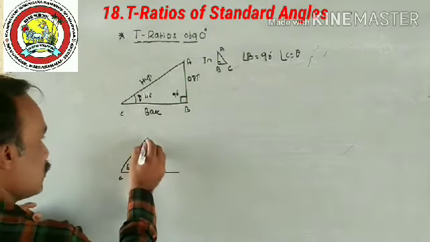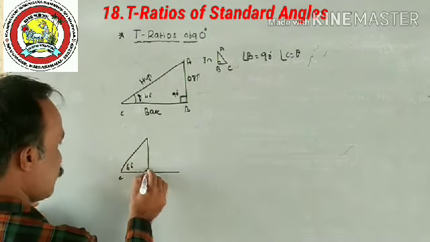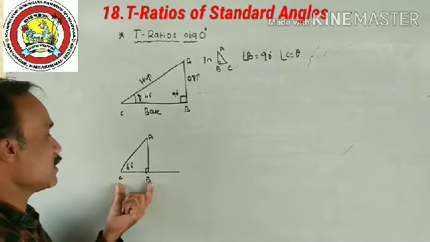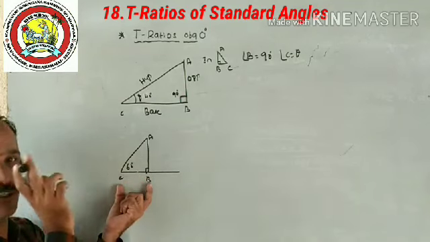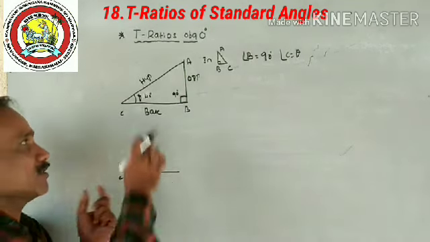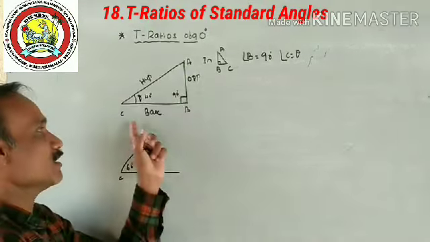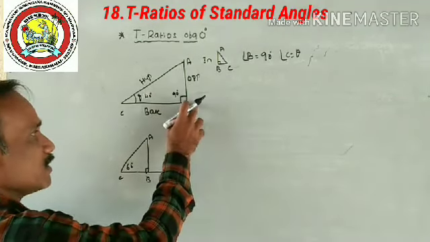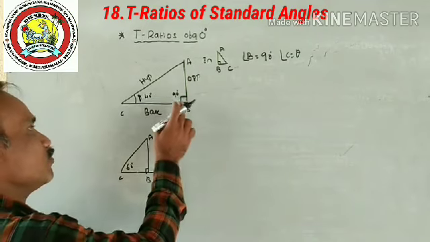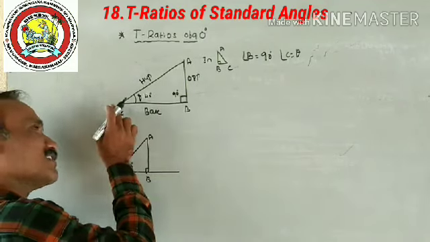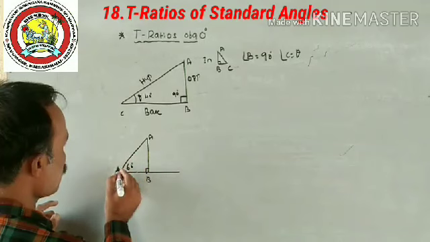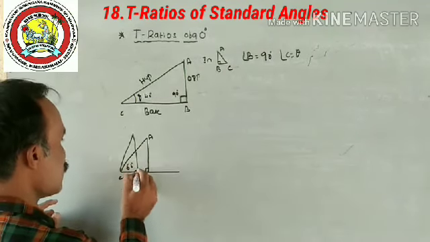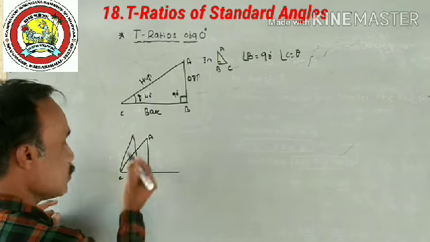Just to observe here, draw the perpendicular length. Yes, this is B, this is A. Now you see the length BC goes on decreasing. This is a very important point. As theta increases, the line segment BC decreases. Why? Because B moves towards the point C. If theta is, for example, 80 degree, again as theta increases, the length of BC decreases.